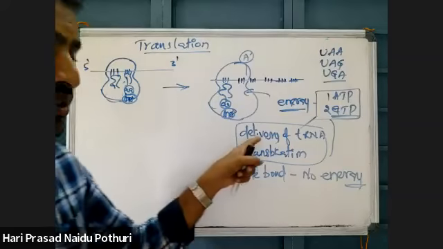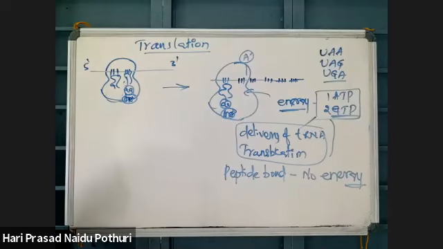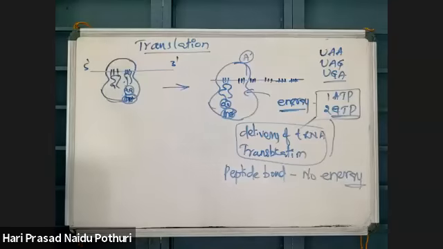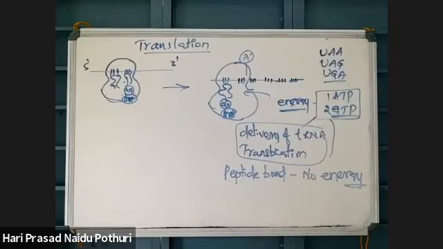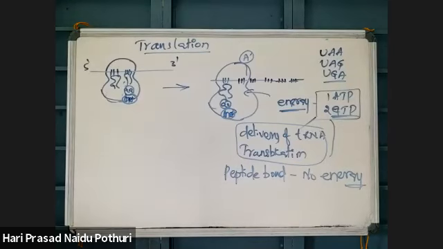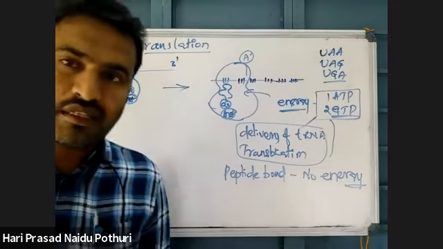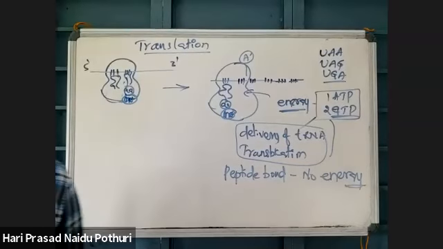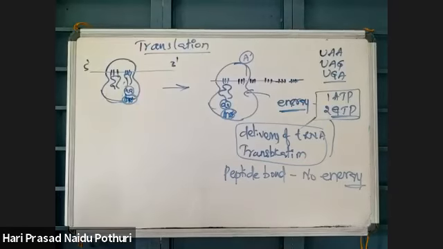During the delivery of charged tRNA, why is there a need for energy? Here the tRNA will combine with mRNA. Codon-anticodon pairing takes place, and during that pairing there is a need for energy. Energy is taken by the ribosomes in the form of ATP and GTP. Usually for elongation, one ATP and two GTP molecules are used. Take notes for this elongation, then I will explain the termination mechanism. Write notes for this elongation process.